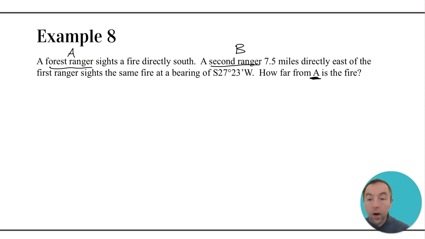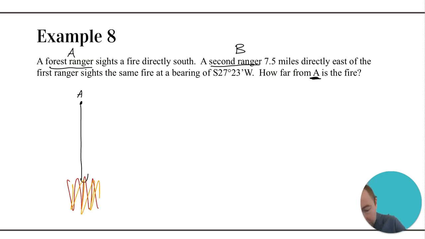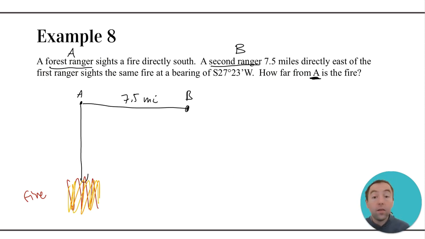Okay? All right, so we do have that Forest Ranger A sights a fire that's directly to the south. So in this direction right here, we've got this fire. So everything is all up in flames down here, right? All right, and then the second ranger is 7.5 miles directly east of the first ranger. So east is this direction, and it's exactly a distance of 7.5 miles this way,